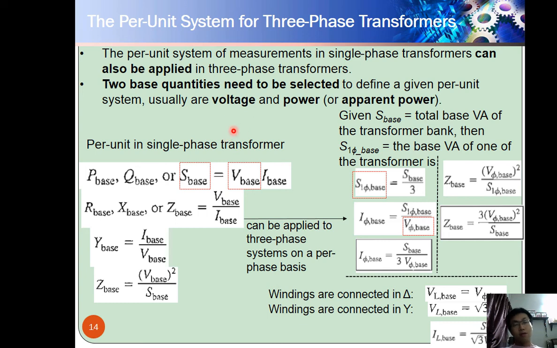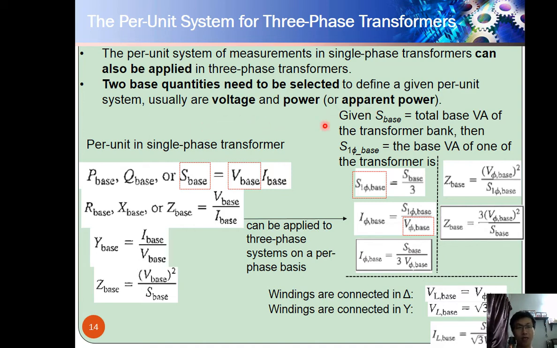So next, the per unit system for three-phase transformer. The per unit system of a measurement in a single-phase transformer can also be applied in a three-phase transformer. In chapter 4, we talk about the per unit system as well. Then two base quantities need to be selected. Same, two base quantities need to be selected to define a given per unit system, usually a voltage and power